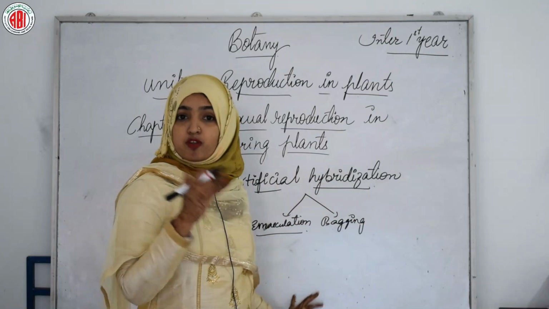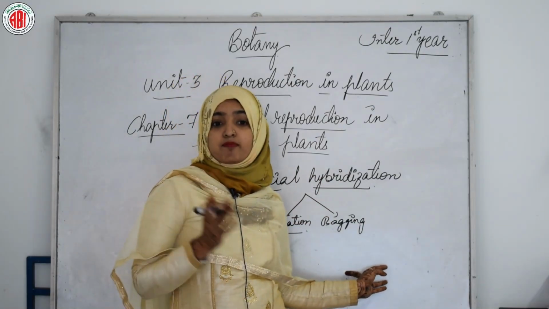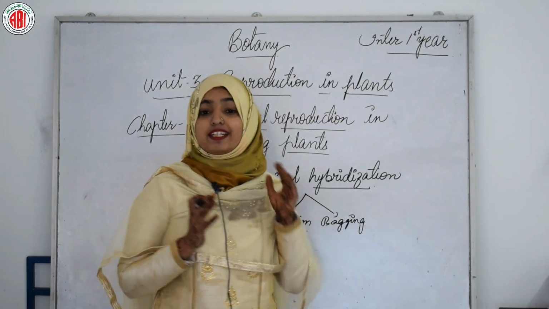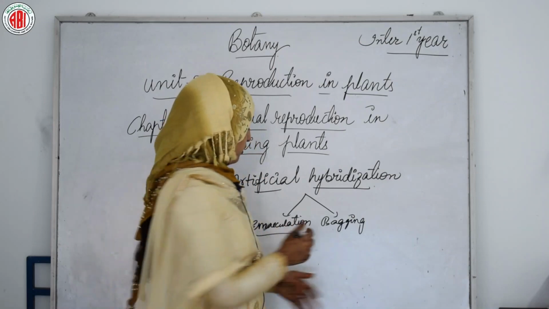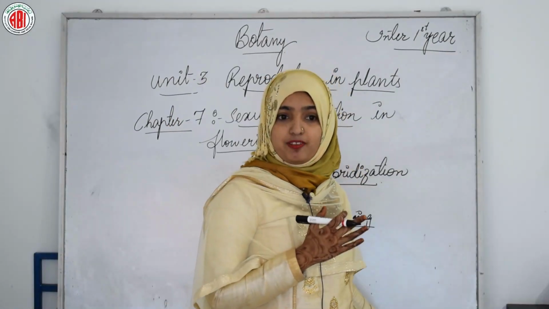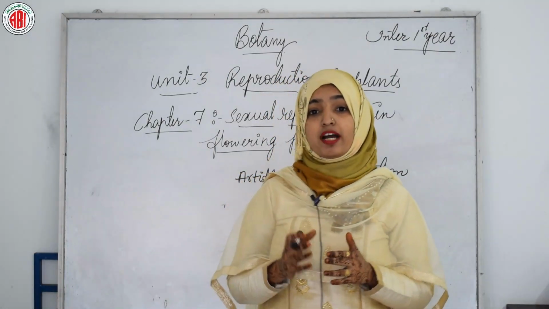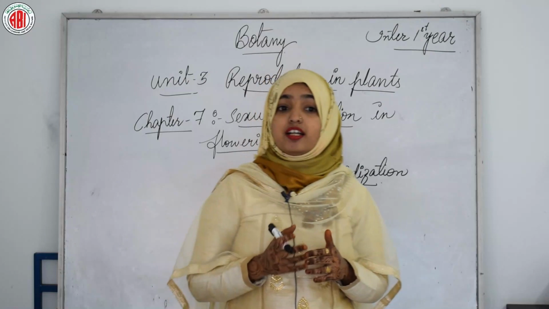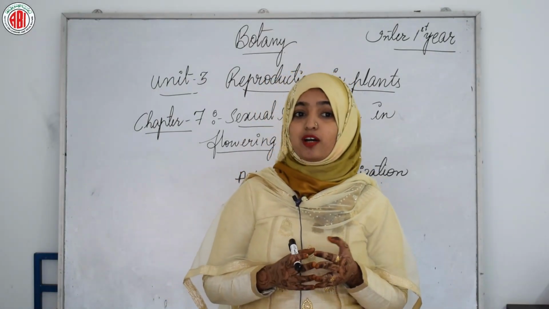Emasculated flowers have to be covered with a bag of suitable size, generally made up of butter paper, to prevent contamination of the stigma with unwanted pollen grains, and this process is called bagging. When the stigma of a bagged flower attains receptivity, mature pollen grains are collected from anthers of the male parent and dusted on the stigma, and the flowers are rebagged and the fruits allowed to develop.